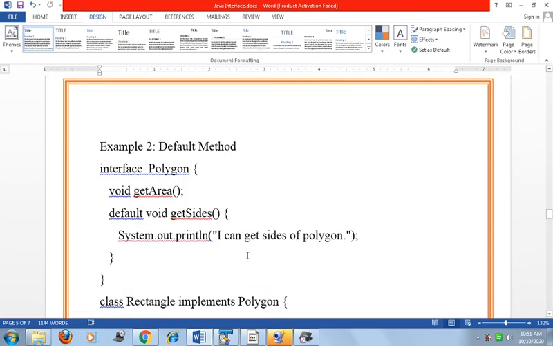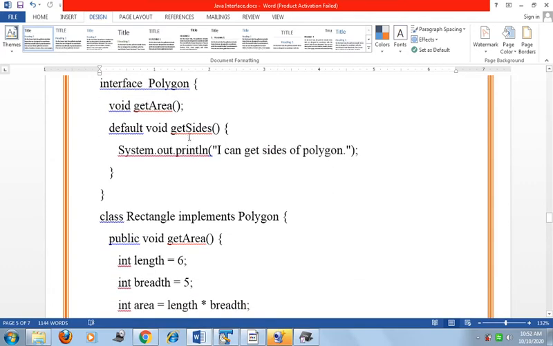For example, suppose I take an interface Polygon. Here I declare a method getArea, and another method which is a default method, default void getSide, and in that getSide method I print the message "I can get side of polygon". Now we create a class Rectangle and implement the Polygon interface.